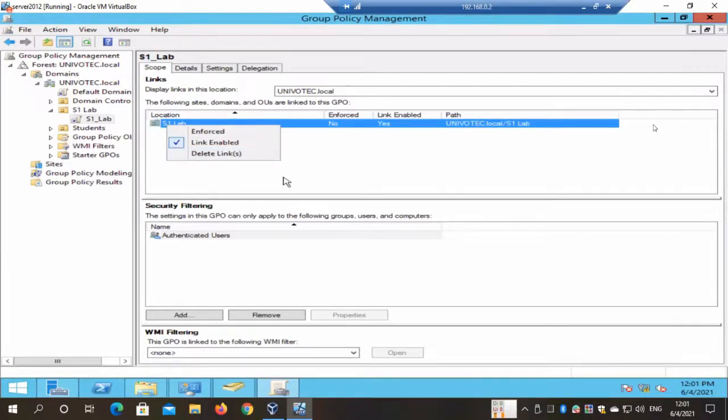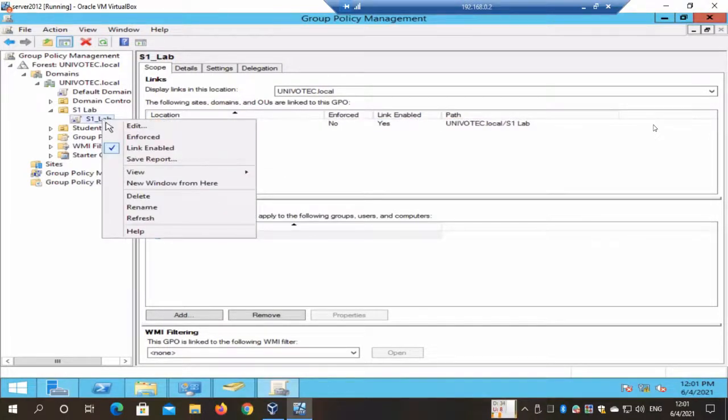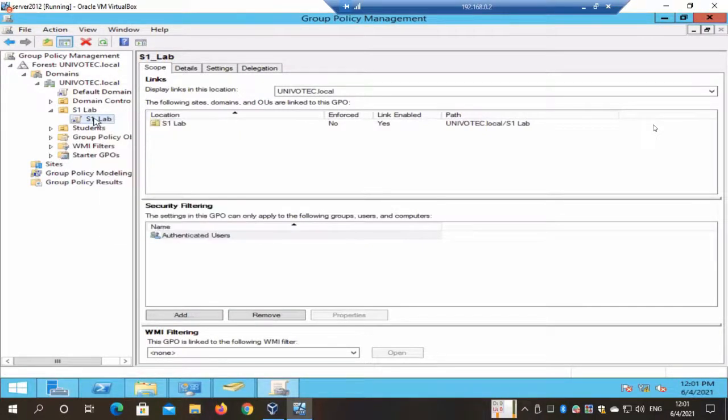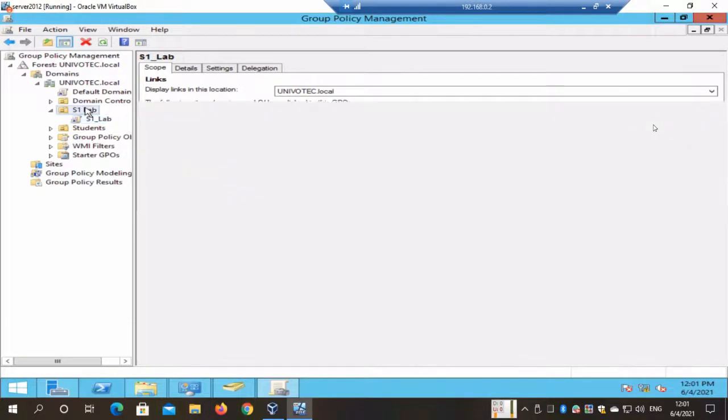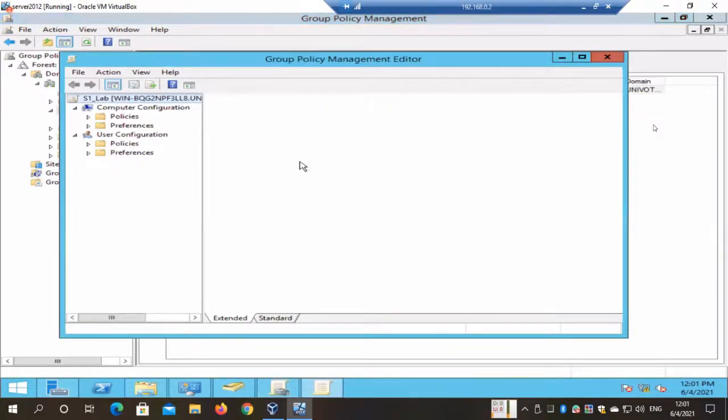Otherwise, it will just be applied without force, right? So by going to edit,